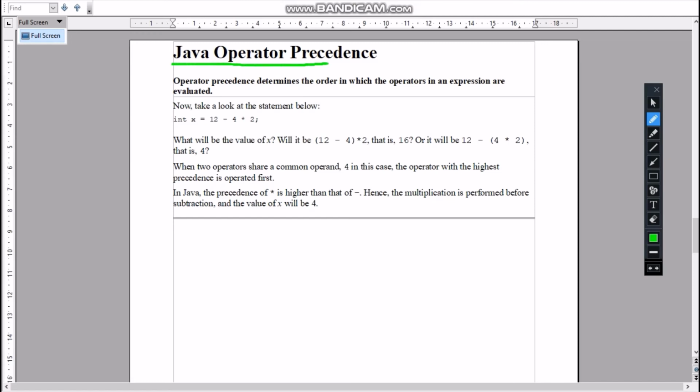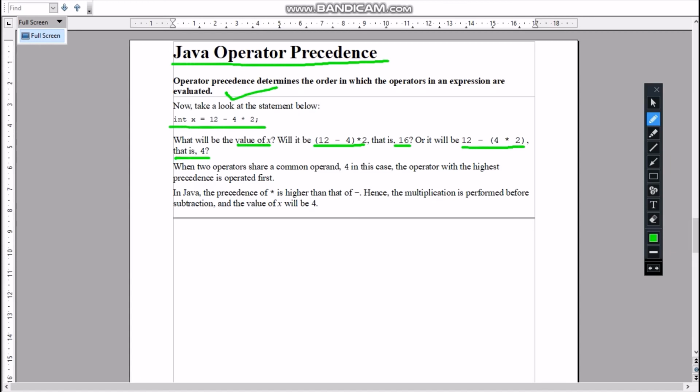Now the Java operator precedence. Operator precedence determines the order in which the operators in an expression are evaluated. Now take a look at the statement below. int x = 12 - 4 * 2. What will be the value of x? Will it be (12 - 4) * 2, that is 16, or will it be 12 - (4 * 2), that is 4?